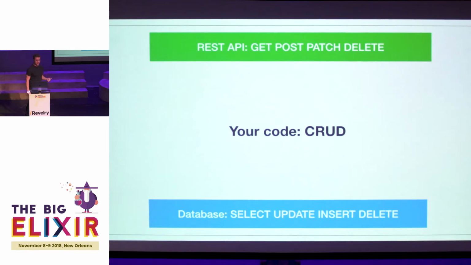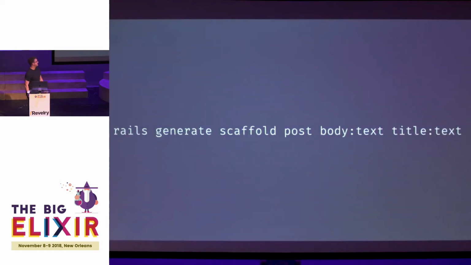At the database level, you have select, update, insert, delete. At the API level, a similar set of verbs. And, you know, in theory, your code in the middle there can be whatever you want, but it often isn't, because especially when you get going, you're just happy to get anything working. And if you get it working, you have to be using those verbs, and so you just copy them up into your code. Who remembers this sort of thing, right? And even if you never actually did this,